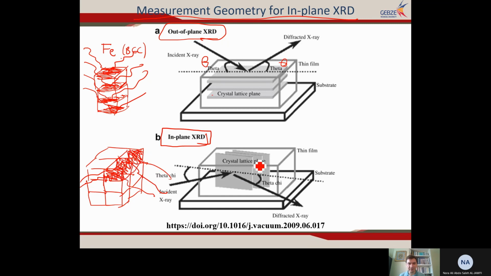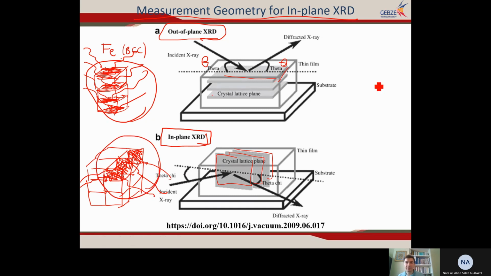Here you see crystal planes in in-plane XRD, and here you see crystal planes in out-of-plane XRD. So the measurement geometry is completely different, and you get different information. From out-of-plane XRD, you get information from these crystal planes, and from in-plane XRD, you get information from